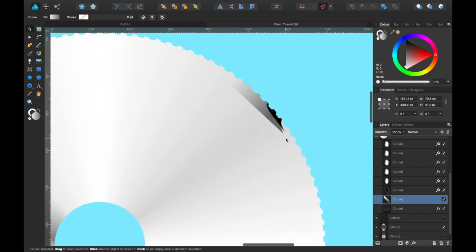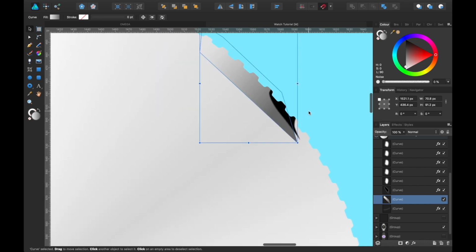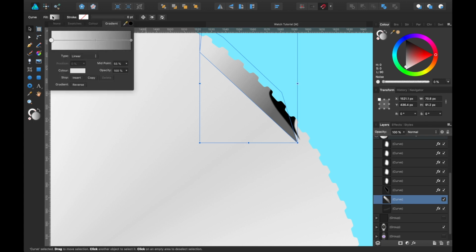And again here, you don't have to just do a full black shape. You can also add in gradients, because the light might hit it from one direction here, and then you might get shadow as it goes up the watch. So I made another shape again, and you can see up here on the fill, I've just made it go from kind of light grey to darker grey, and that's where you see it here.